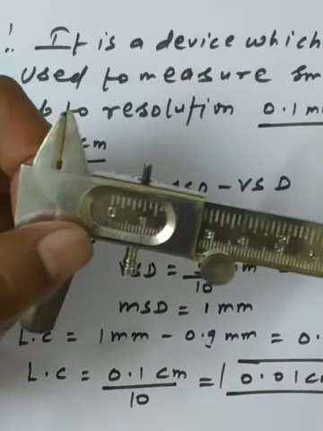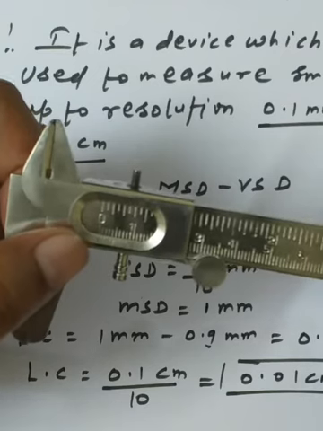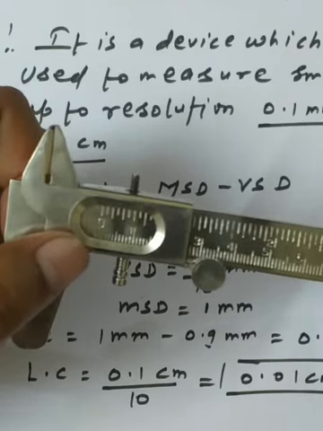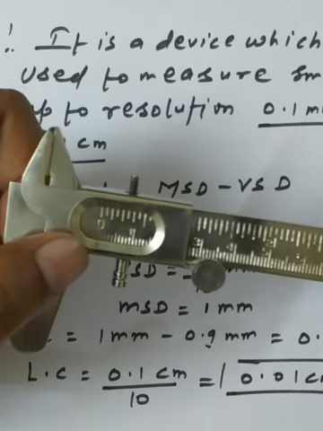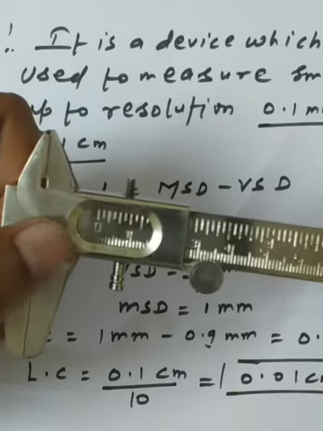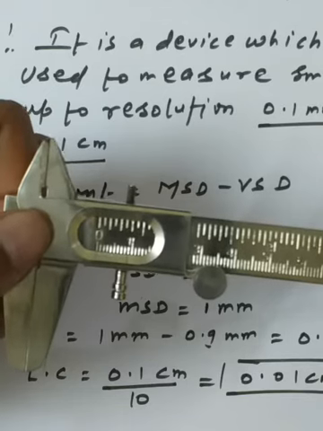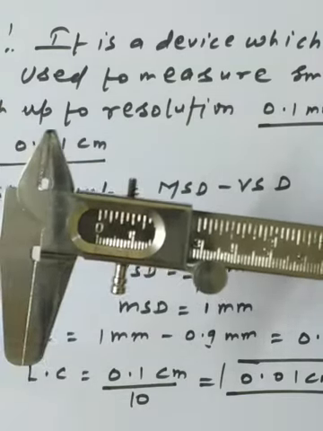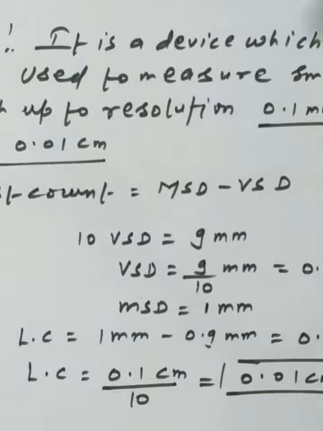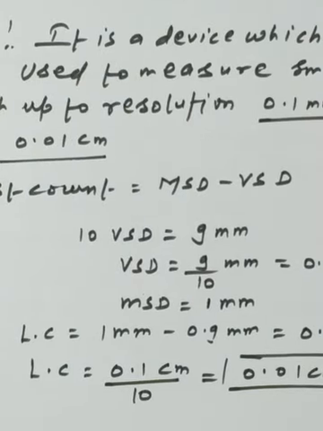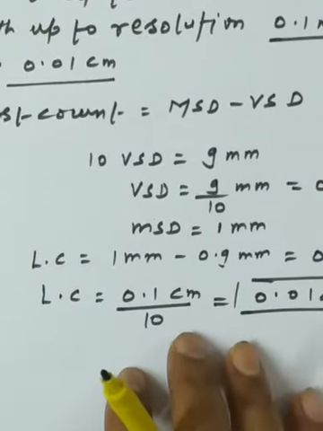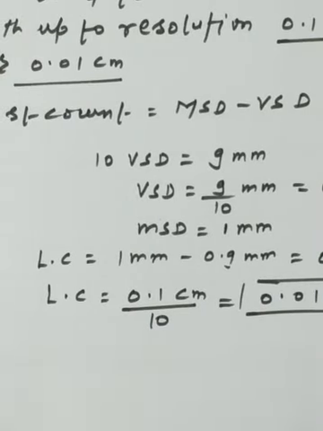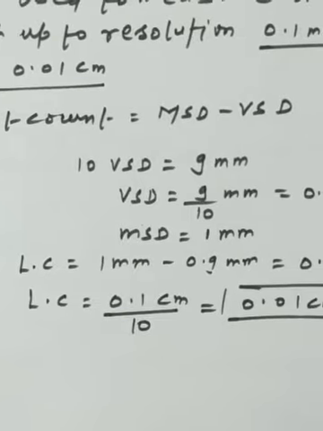So the 10 divisions comprise near about 9 mm, and one bigger main scale division has its value of 10 mm. Okay, so here we are just getting the difference of a very small amount. So we can compute the least count. It's a very easy thing compared to the previous lecture. If you haven't seen it, please go through that lecture and you will easily get the idea.